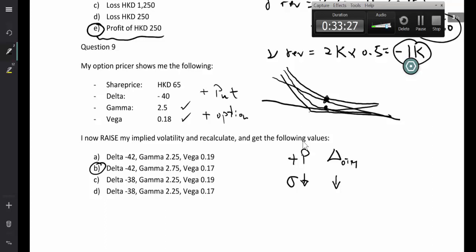So this might be, let's say, well, they told you it's 40. So this one would be something like 38. But at least the absolute value is going down. Because to go from minus 40 to minus 38, you could say you are going up, but the absolute value is going down. Now, I might as well tell you here that when it's in the money,